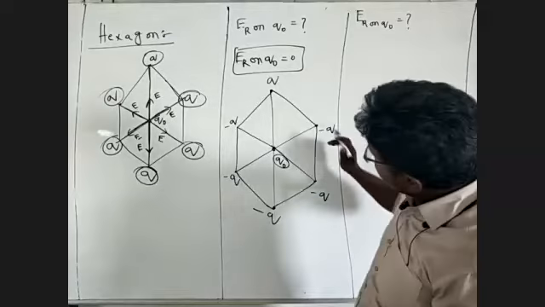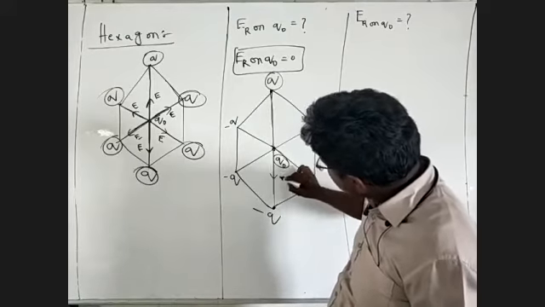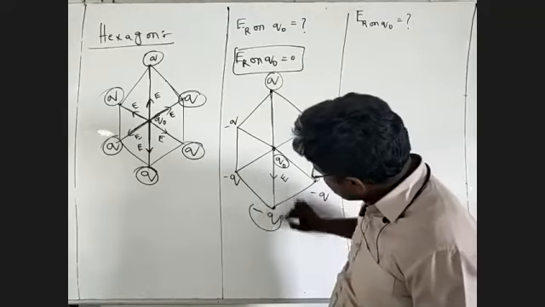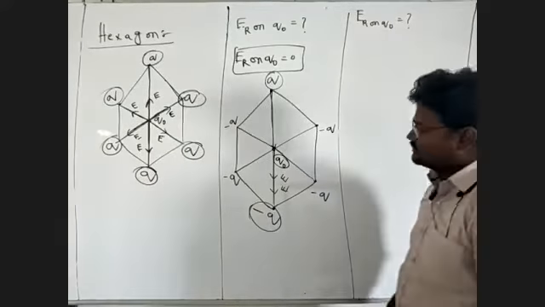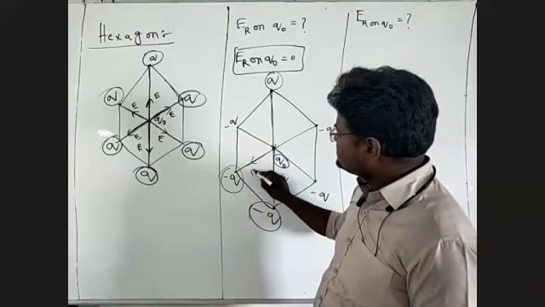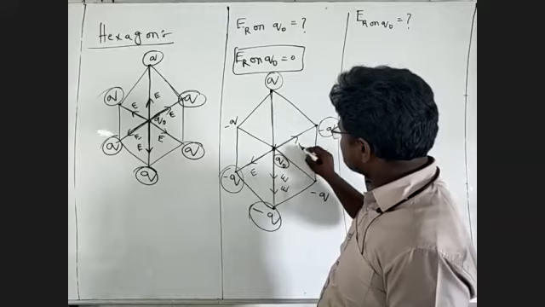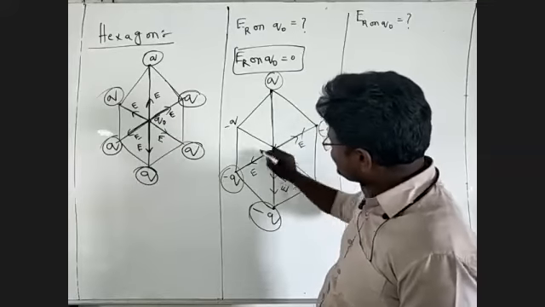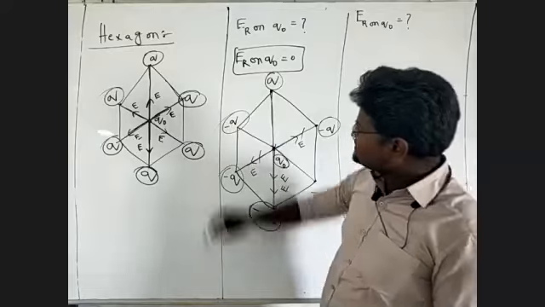Now you'll see this is a Q. This Q repels in this direction, this is E. This is the minus Q. This also attracts in this direction, E. Both are in the center. This minus Q attracts this Q naught in this direction. This other minus Q attracts the charge in this direction. Both are in opposite directions and cancel each other.